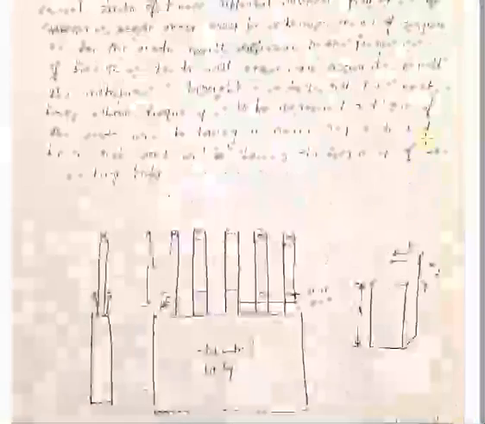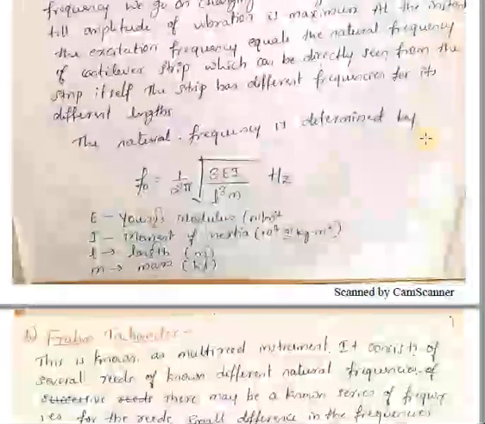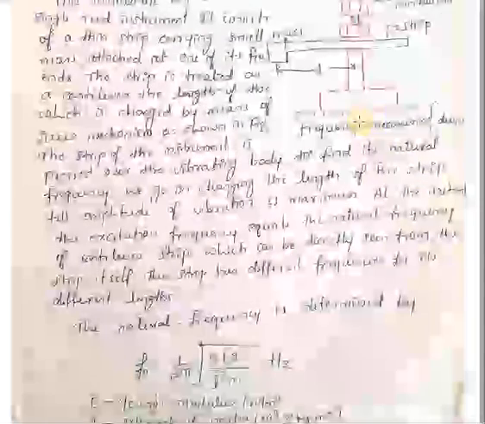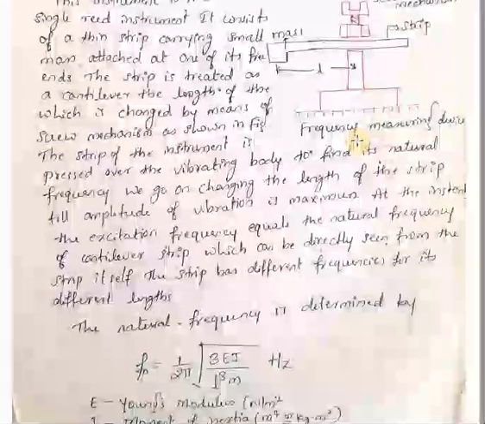So these are the two measuring instruments with which you can easily measure the frequency of the vibrating body. Here the first is a single reed, and the second one is the multi-reed instrument. Now moving further,